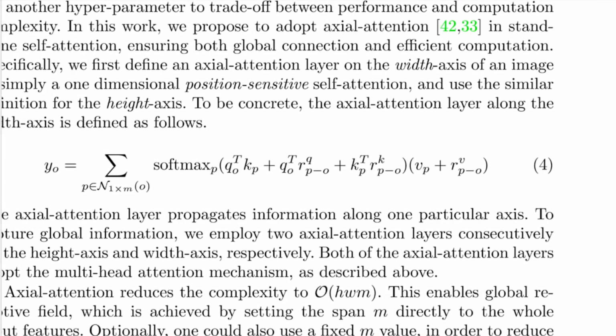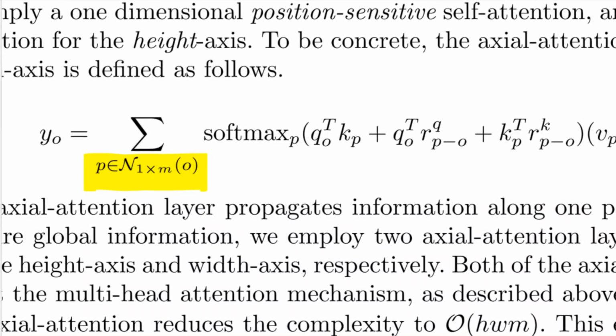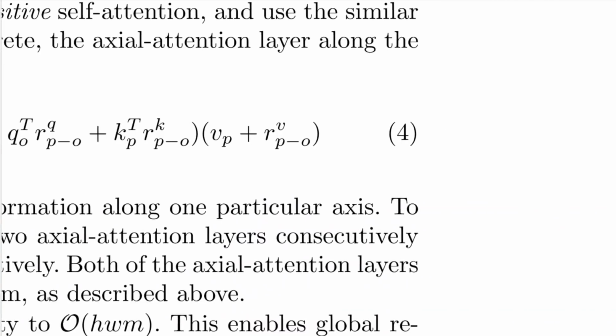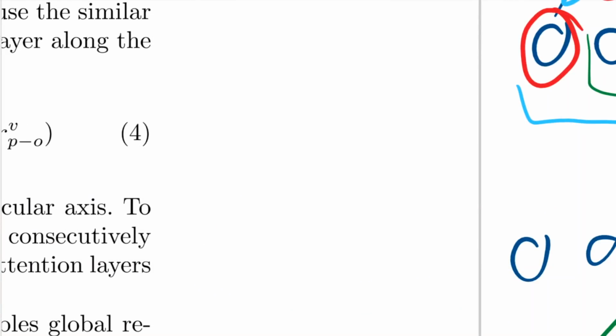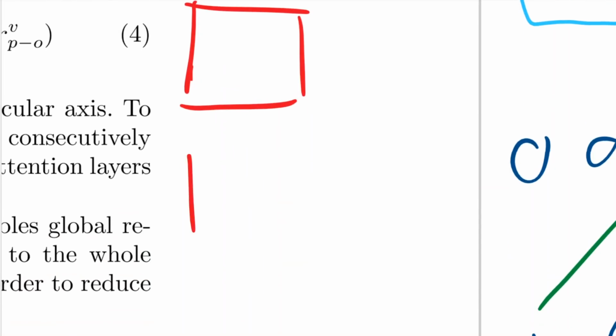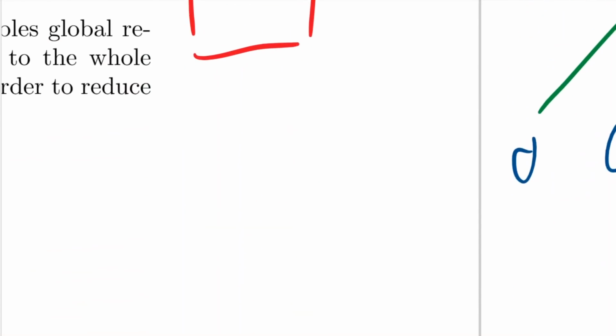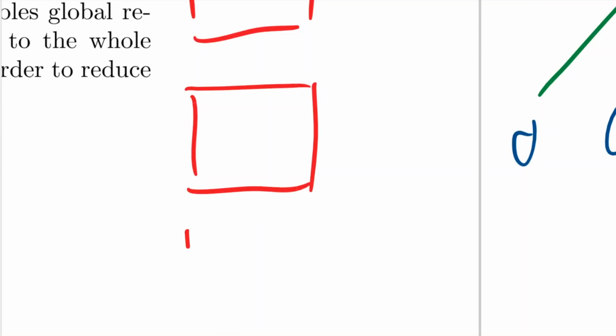The only change from before is this part right here. You can see that the neighborhood that they aggregate over is no longer m by m, it is now 1 by m. So we've seen them going from, if this is the full input image, and you want to see where to attend,